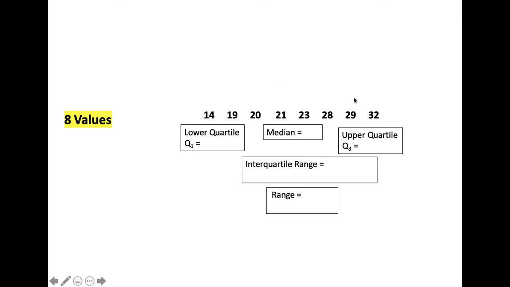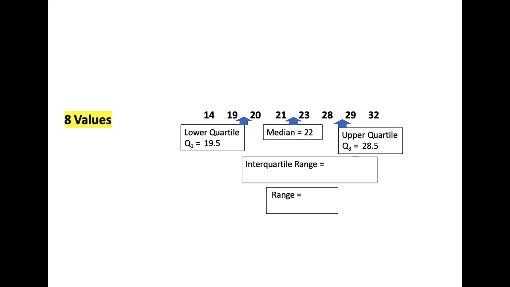Finally, for 8 values, because it's an even number, there's no clear middle value, so you're halfway between 21 and 23, so 22. And then it's got 4 values below it and 4 values above it, so the 4 values don't have a clear middle value themselves. So you've got to go halfway between the 19 and the 20. So the lower quartile is 19.5. And then for the upper quartile, you've got to go halfway between the 28 and the 29. So the upper quartile is